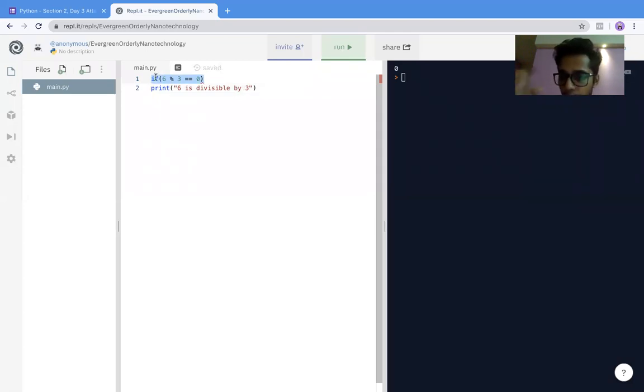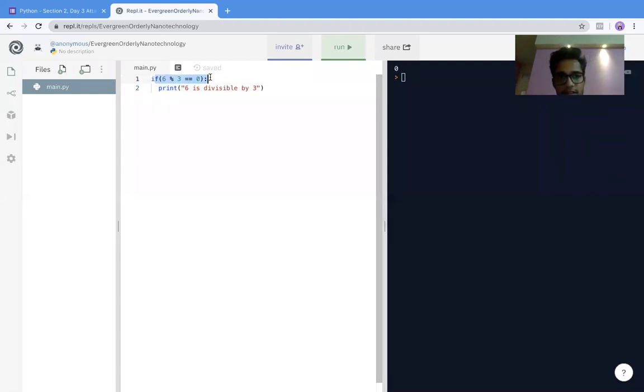And yesterday we had seen blocks of code, right? With the indentation. This is the first scenario wherein you have to use a code block. Because if cannot stand on its own, and this print statement independent of if does not make sense here. So you have to make it a dependent print statement. And how do you make it? You first put a colon here, and then you go to the print statement and indent it with a tab key. There's a tab key on your keyboard. You just press the tab, and now it does not show any error. Why? Because this print will only work if this is true.